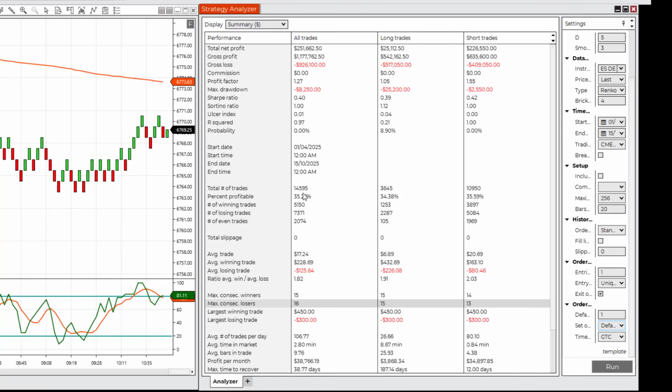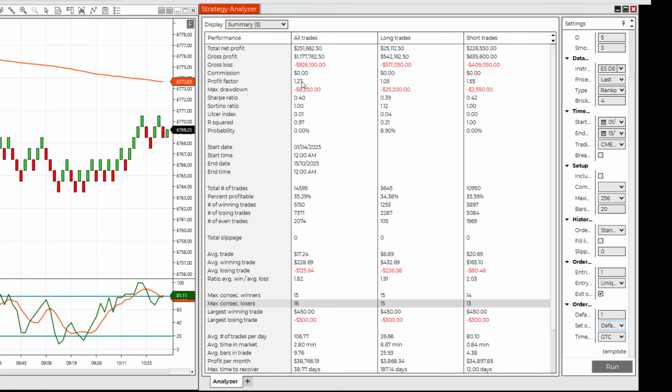Whether these numbers are any good or not, please do remember it's just for the demonstration's sake. I've not gone in and refined anything or made this look like a fantastic strategy or not. I'm not worrying about that. It's just to show you how you get a backtest done. It's up for you to refine it and optimize it further, but I'm just going to run you through some key